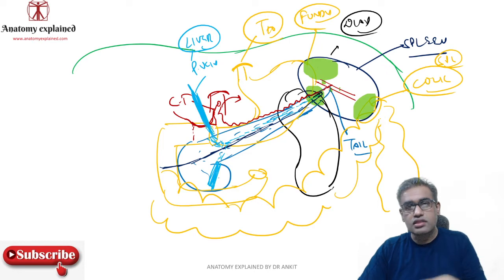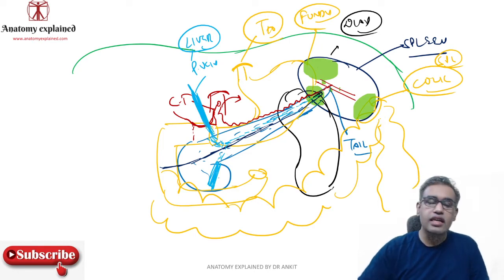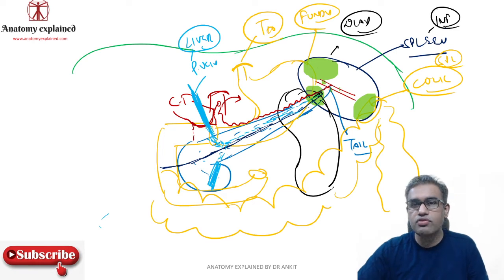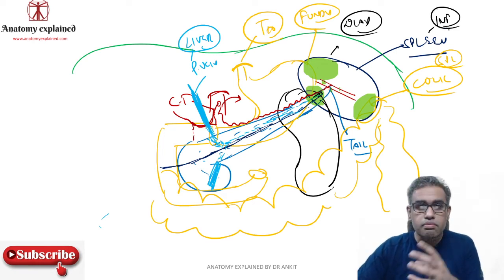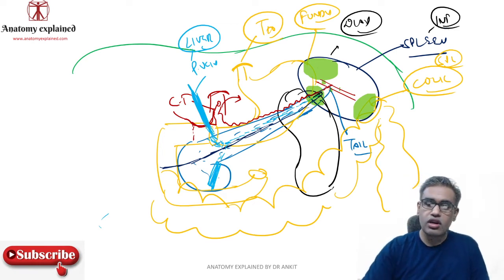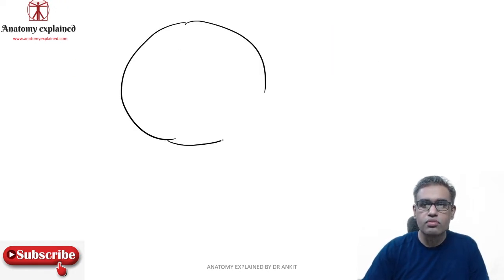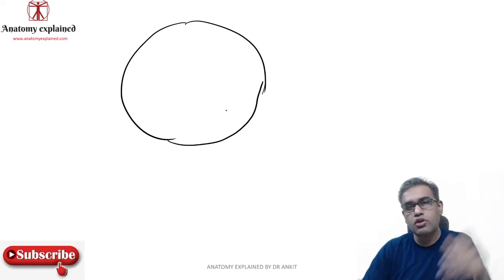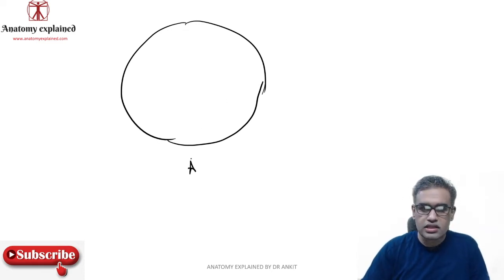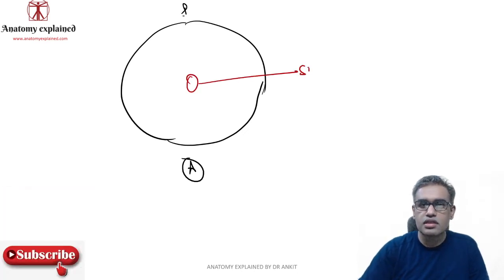So these are the few visceral relations. Now, as the spleen was an intraperitoneal organ, let us try to understand a few of the peritoneal ligaments around the spleen. For understanding the peritoneal ligaments, let us move on to our basics again, and let us try to make this as a transverse section of the abdominal wall. If this is a transverse section, that is the anterior aspect, that is the posterior aspect, and if we take the gut part over here, considering the stomach over here, this is the stomach part.